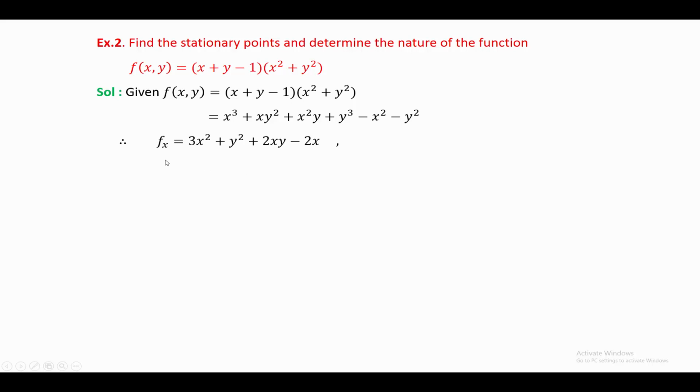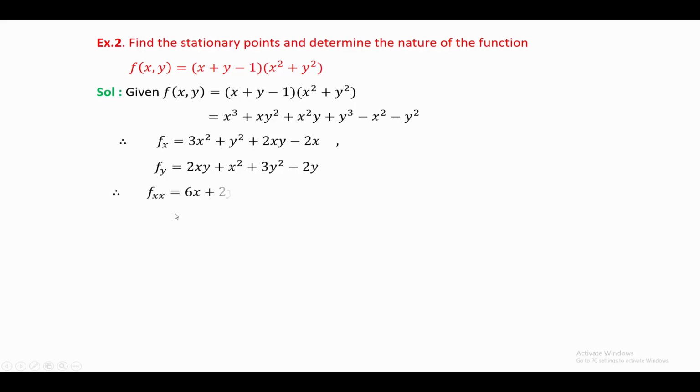Then first find out fx. Partial derivative of function f with respect to x is 3x square plus y square plus 2xy, derivative of y cube 0, minus 2x. Then fy. Partial derivative of f with respect to y, derivative of x cube 0, x, derivative of y square 2y, so 2xy plus x square, then derivative of y cube 3y square, derivative of x square 0, minus derivative of y